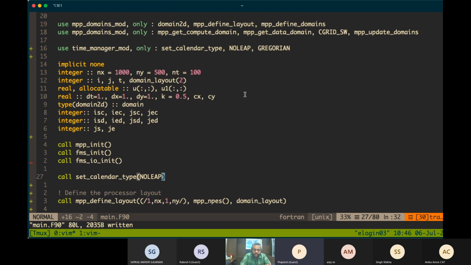Once you set the calendar type, you have actually activated the time manager. Now you need a start date from which the model will start.